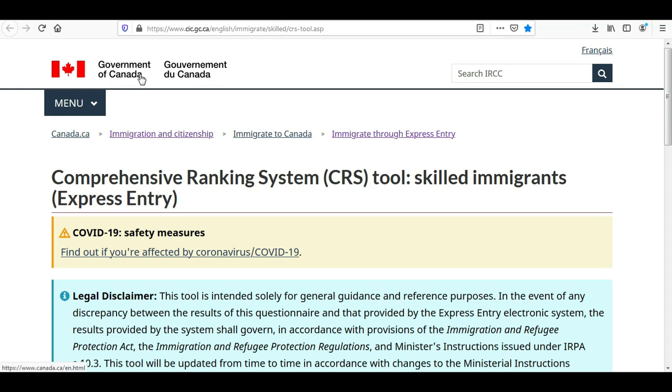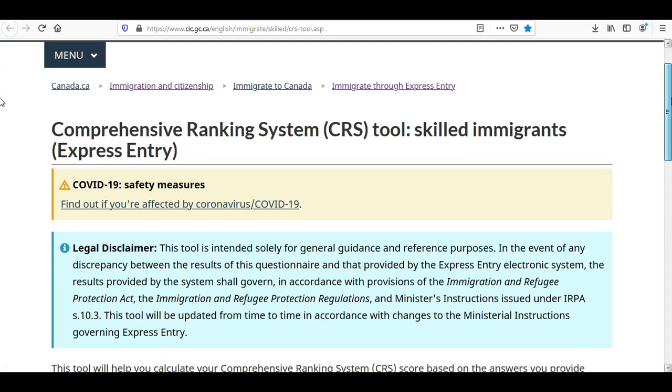So guys, do not trust anyone, not even your agent. You can calculate your points or CRS score using this tool.